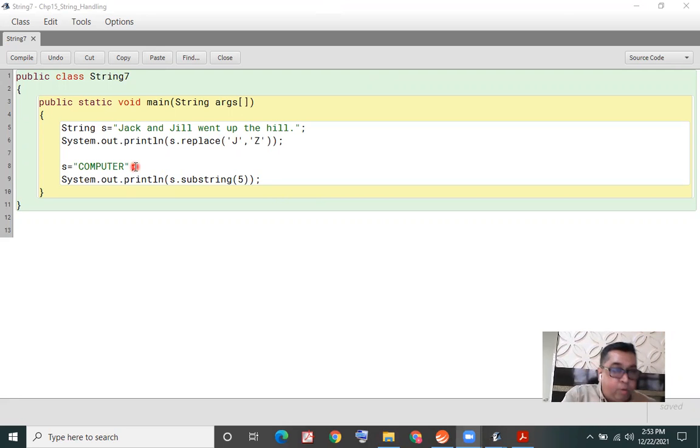So from letter T onwards, I'll get all the characters. TER is the output we're going to get. So what it does is it extracts from position 5 till the end all the characters and gives it to me. I would mention println so I get to see them in the output.